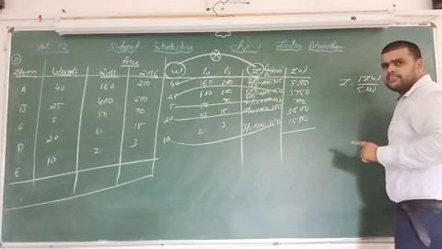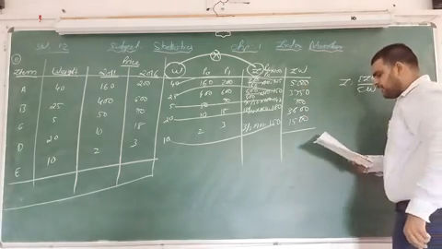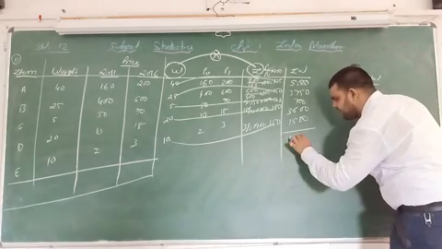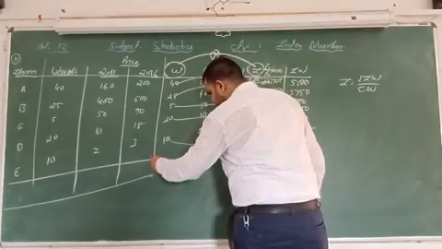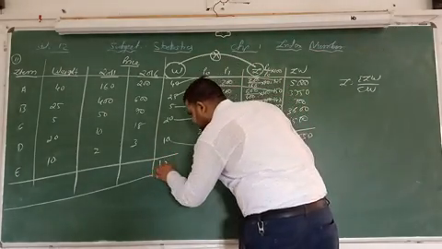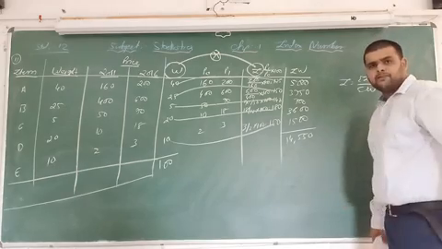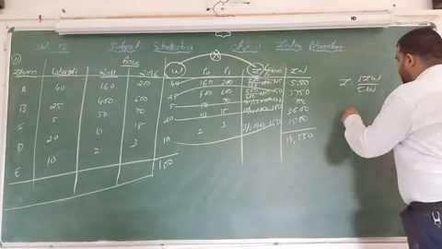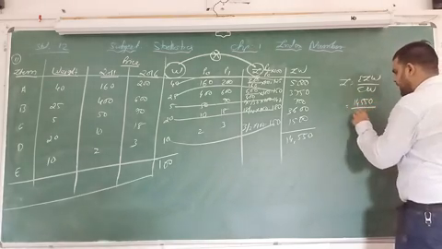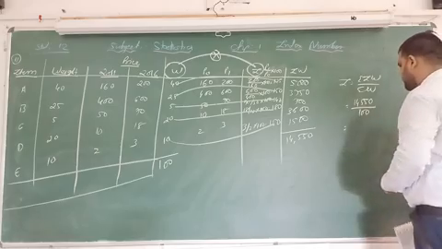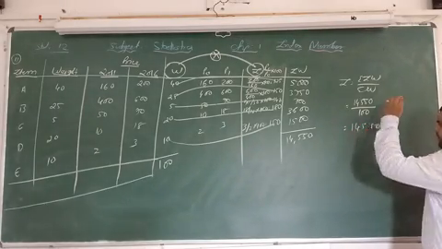So what is the next step? We have to do addition of all the things. The answer is 14,550. And for W the answer is 100. So we know both the things that we had to find out. Put those values in the formula: 14,550 divided by 100. The answer is 145.50.